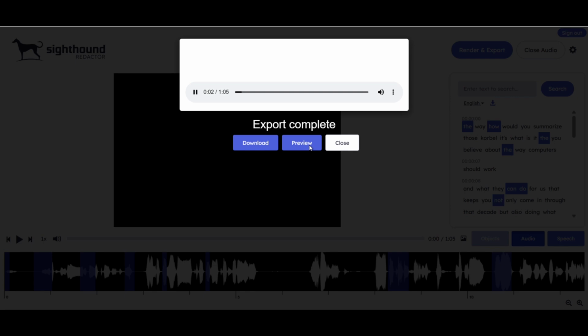Could you summarize core beliefs? What is it that you believe about the way computers